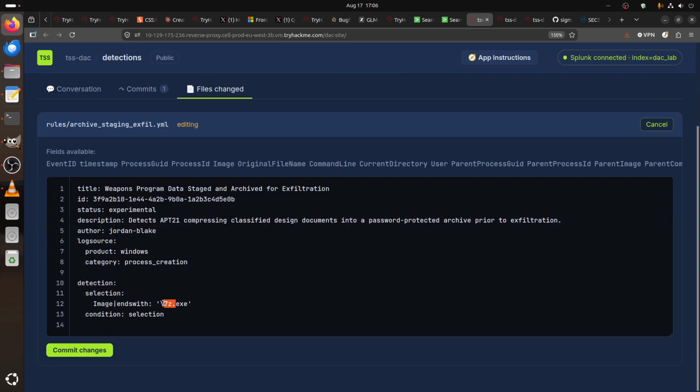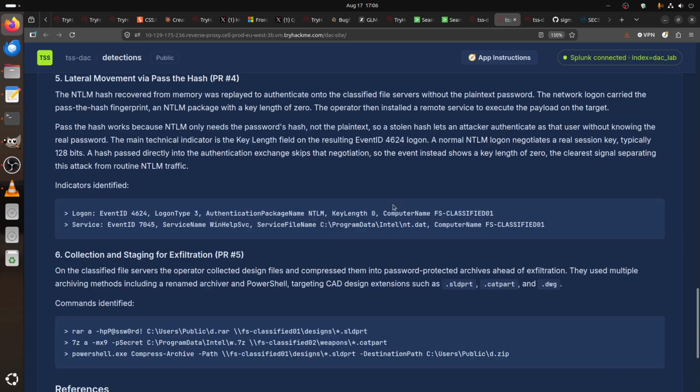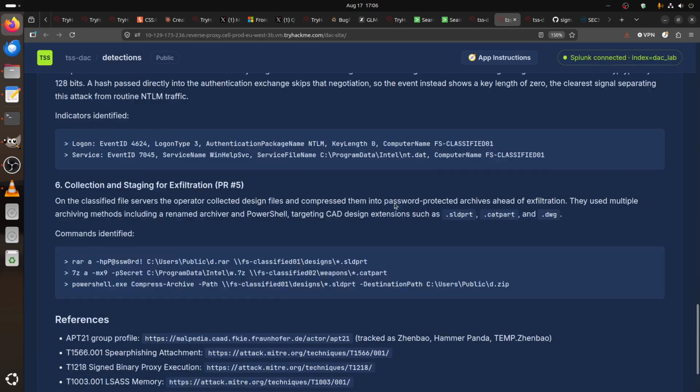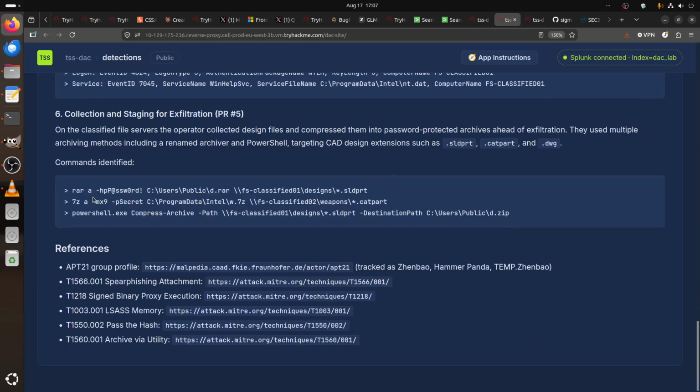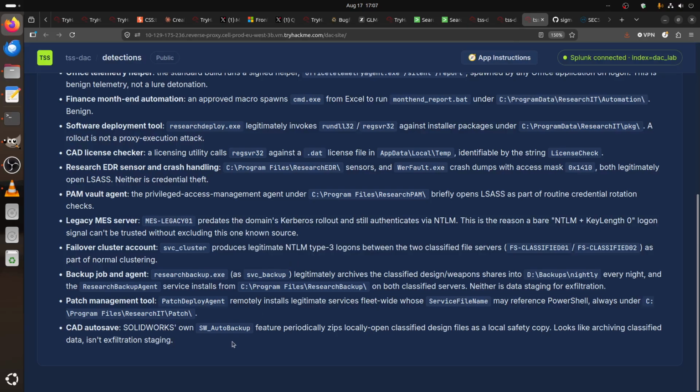Is the 7zip the backup one, where is it? It's already telling us we have a rar command with password, a rename archive, and PowerShell targeting certain extension sets. So we have the extension, we have rar, we have 7z, we have PowerShell with compress archive, and I assume we also need to add zip possibly for these things. So we have the extension, and then of course we go to these things. This one we have